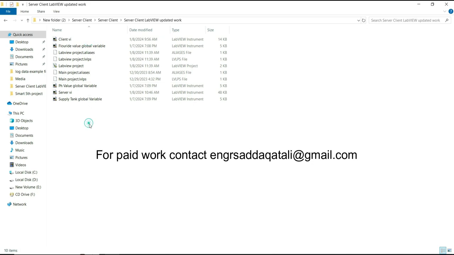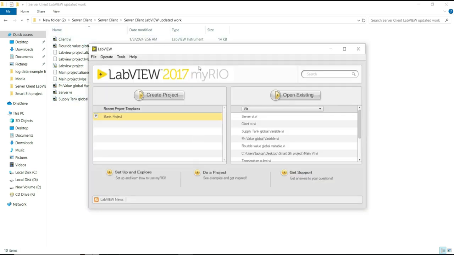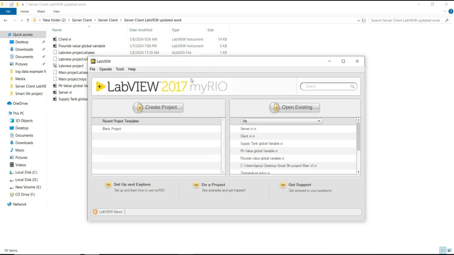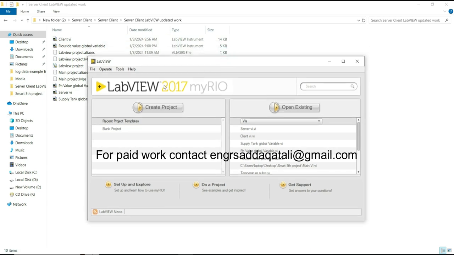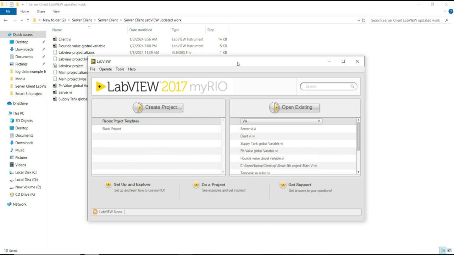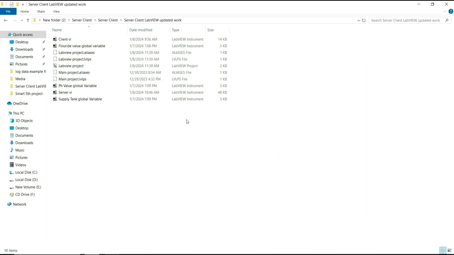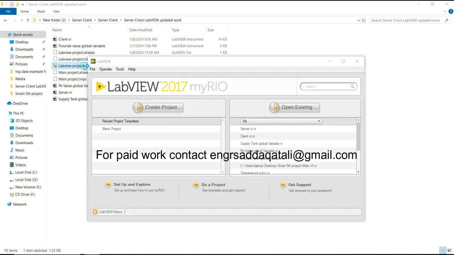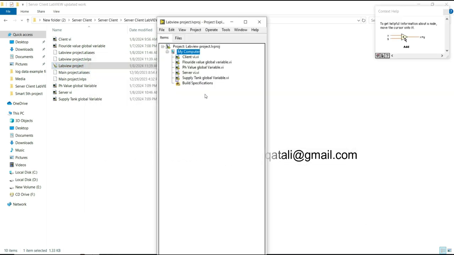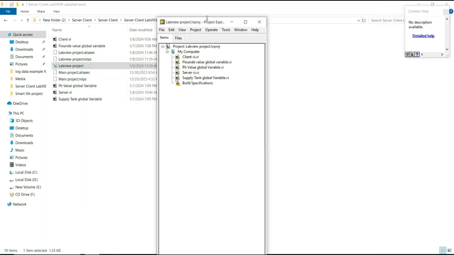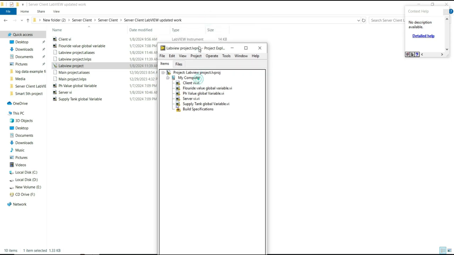Folder. Now once this folder is open, first of all you will open the LabVIEW. Make sure you have LabVIEW 2017 or any advanced version of LabVIEW, so you will be able to open this file. After this folder is extracted, you will open this LabVIEW project first of all. Double click on this and it will open. This is the LabVIEW project that you need to open